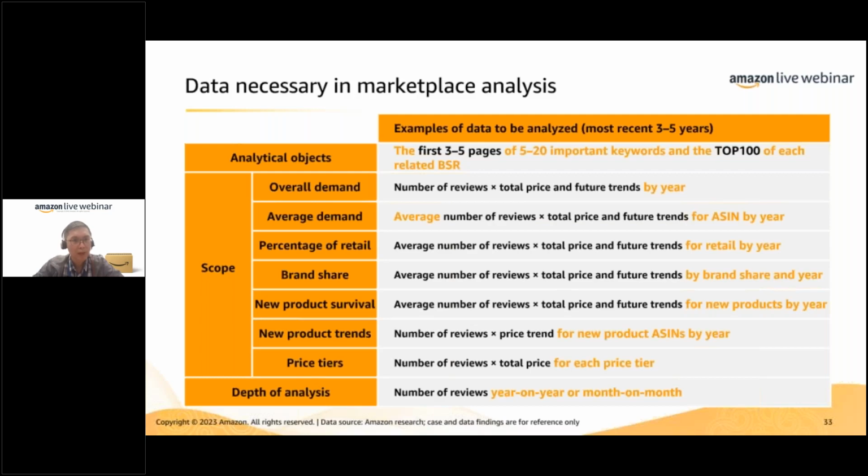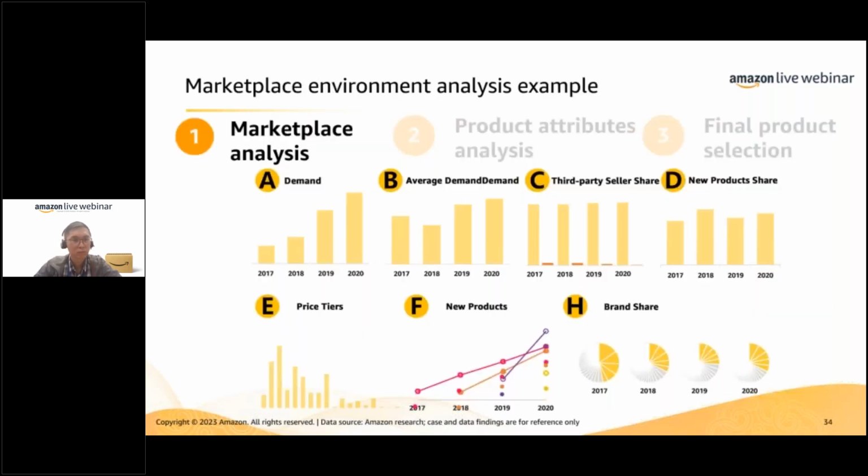Again, these are the metrics that we see will be useful for you to use in your data analysis. So for example, things like the reviews, you can find a way to estimate the annual sales volumes of an ASIN and the number of searches for a keyword each year. So this is an example of your marketplace environment analysis,